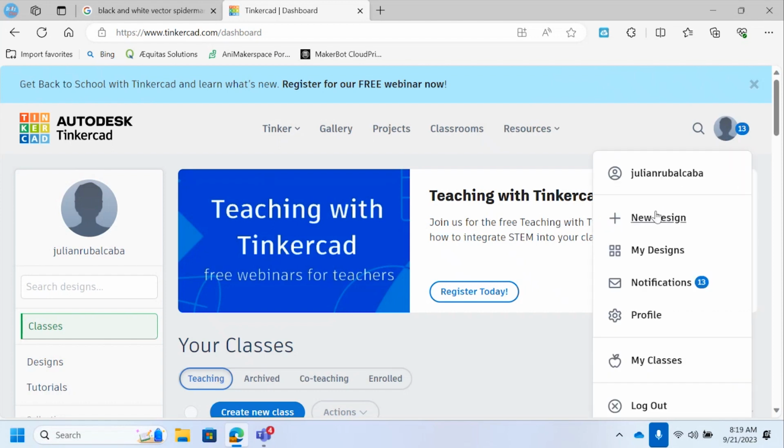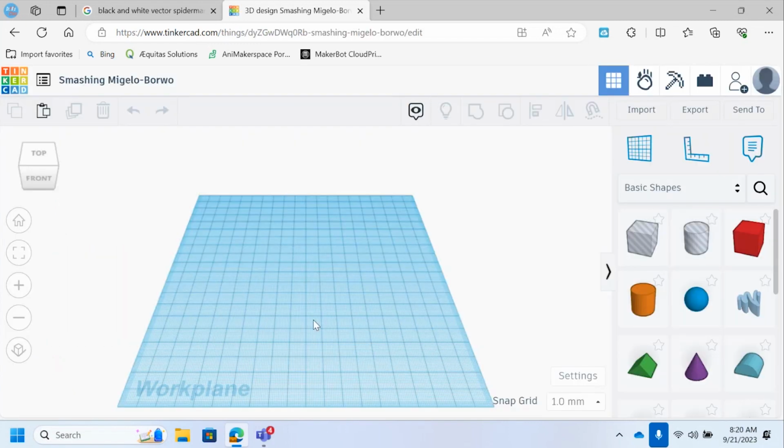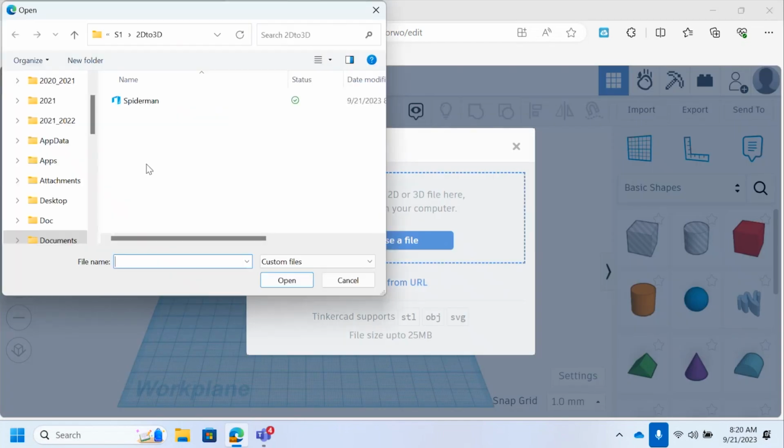You're going to click on your profile, and you could click new design here, and then 3D design. Now let's go ahead and import that 3D model. So let's click on import, choose a file, and it opened up that folder that I created, but let's go